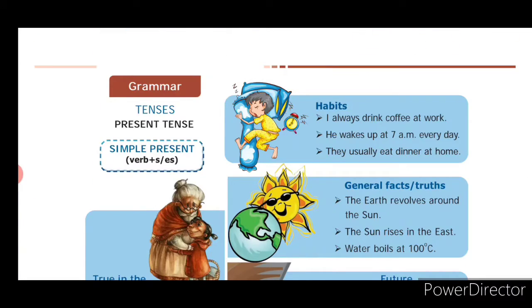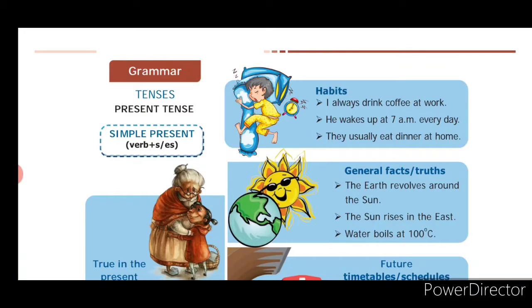Why do we use tense? Why are we using this tense? I told you, to know the event or action, at what time it occurred. Okay, and the very important thing is this tense will help you to speak English correctly and properly. Okay children, so first let us begin with the simple present tense, its form, examples, and its uses.